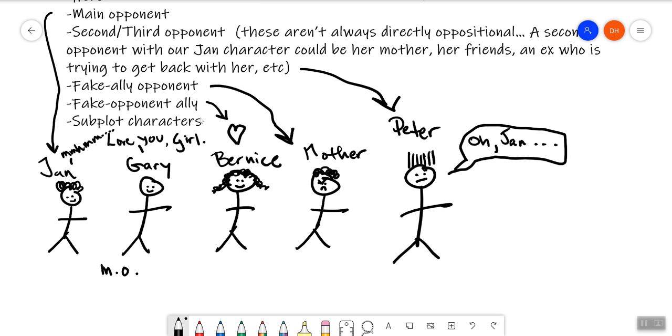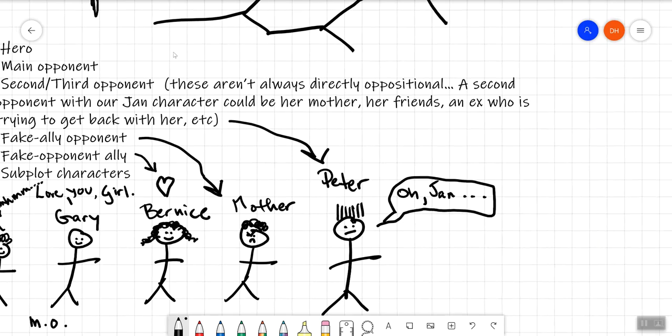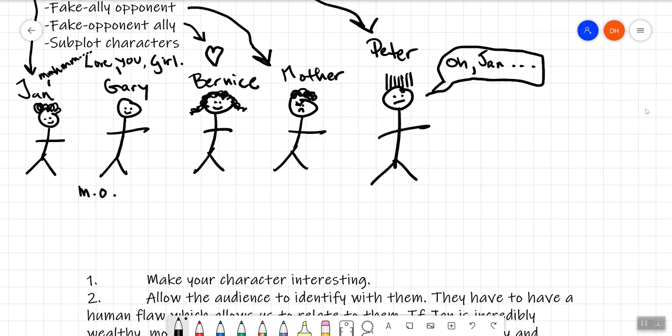Like I said, subplot characters, they're just the filler bodies that populate the margins of the story. A waiter, guy at a cash register, lady driving a car, etc. There are characters that might show up for a moment or two, but then they're gone. They are important. Your subplot characters are important because they help make the world feel more or less like the world. Okay? So think of when you're setting up your characters and the structures of your character relationships, think of them in these terms. Okay? These are the basic terms that we would use.